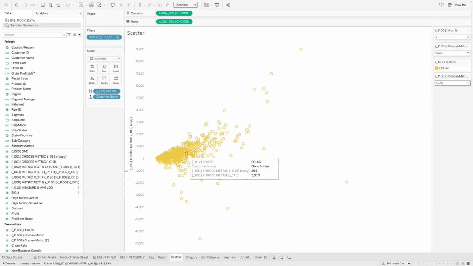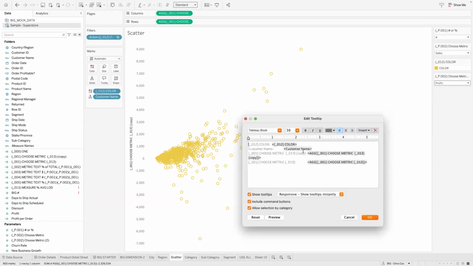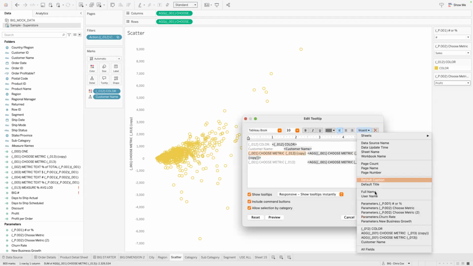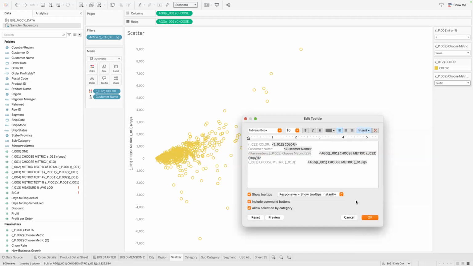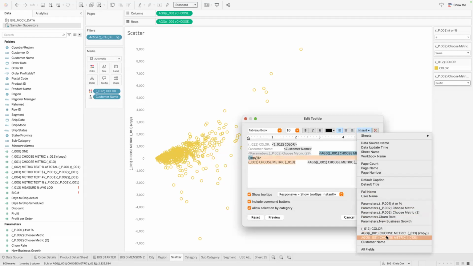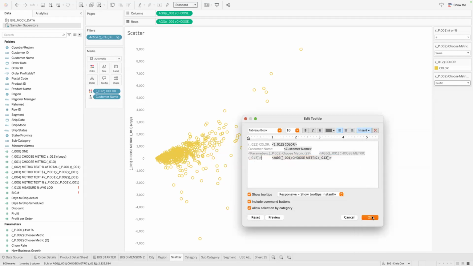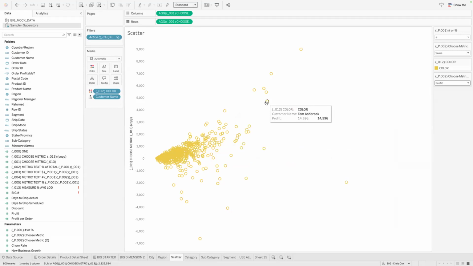So we would know what, and I'll fix this too. So tooltip 1, so the copy is the 2. So we'll insert parameter 2, and this is parameter 1. So that way we know that our, hey, why don't we take that out?